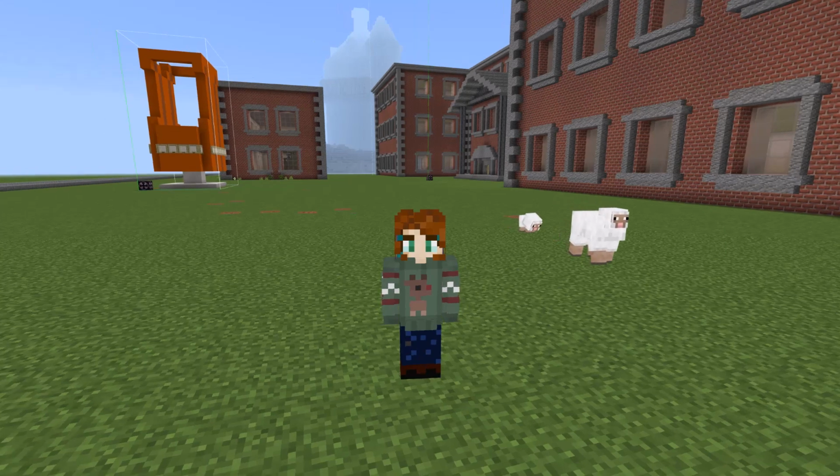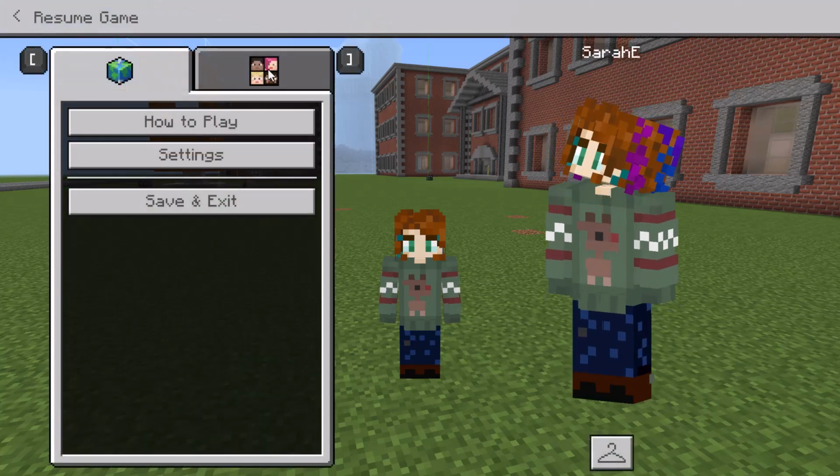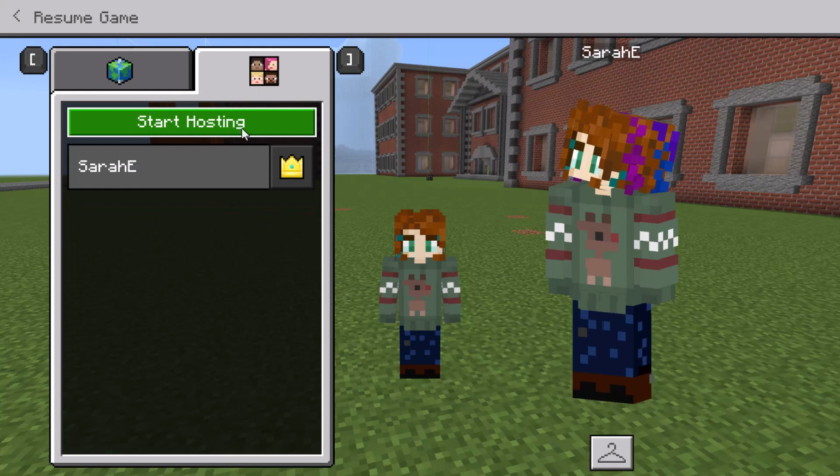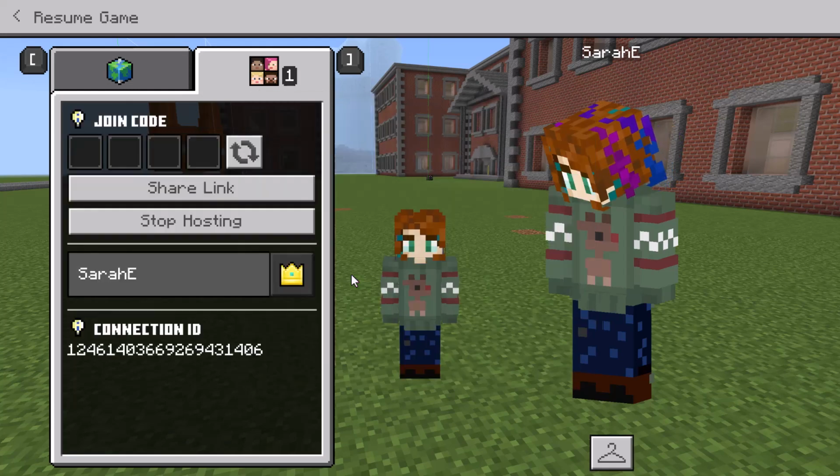So we have an interesting problem that we are going to be working on today. We're going to be talking about security for a Minecraft education multiplayer world. Security for Minecraft education is usually pretty good. If I try to host my world for other friends that I want to host on, I don't have to